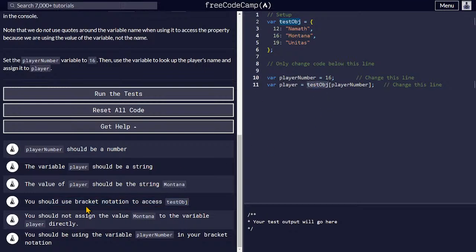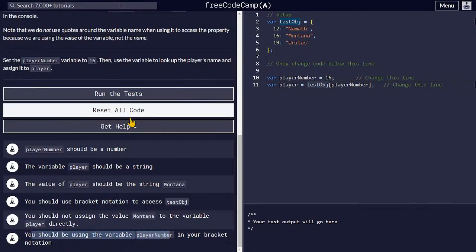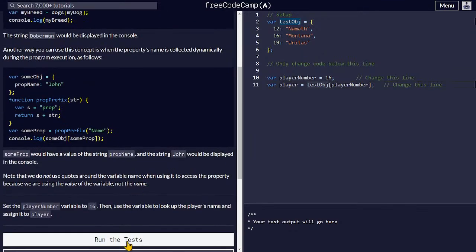So we are accessing that test object. You should not assign the value Montana directly by deleting this. You can see this test object has string properties with these things. So you should be using the variable player number in a bracket notation. So if you run the test,